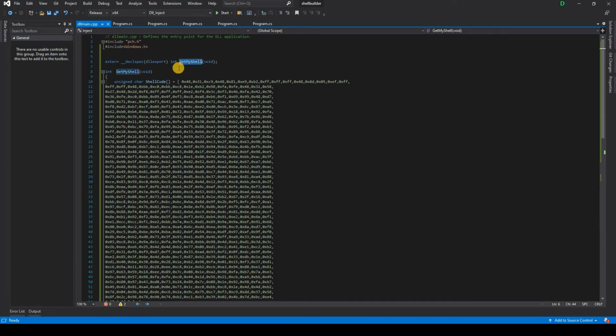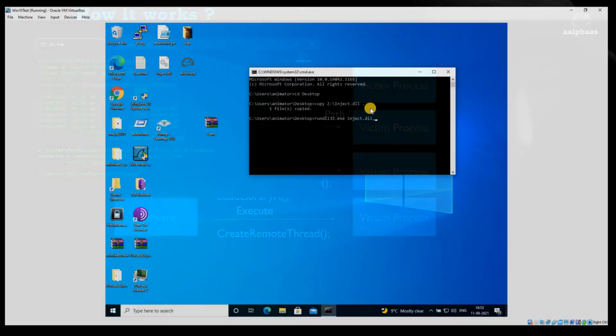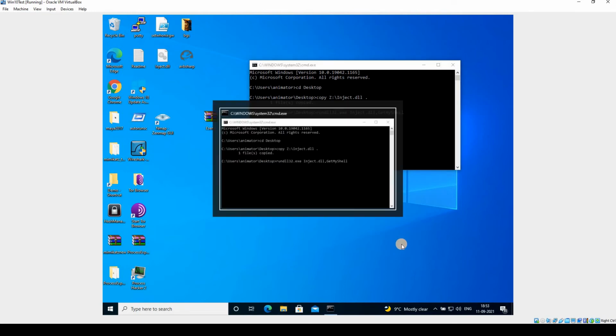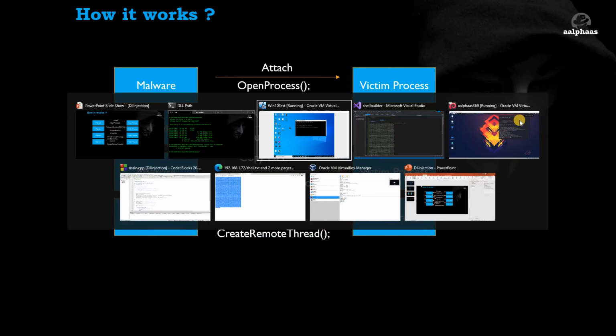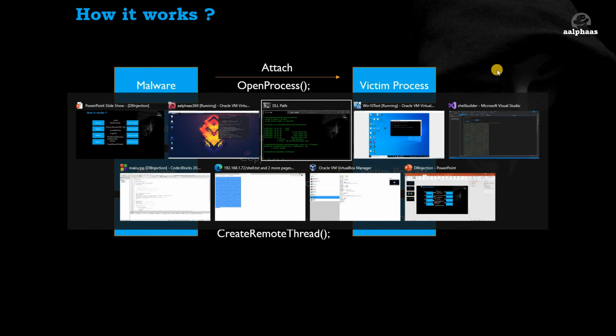So this should be available on the DLL that we exported. So let me come here. Get my shell. So if this DLL is working fine, we will get the victim on this machine. A session will get opened. So yep,